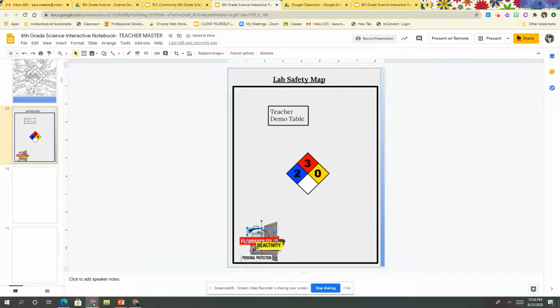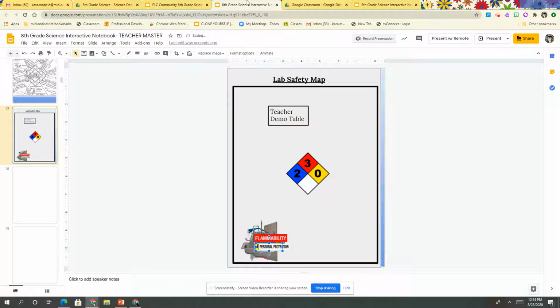Okay, so now all you do is put these things where they go. And the safety sign, the safety diamond, whatever it's called, the safety label. I know some of you probably don't go over that. I do, but it's color coordinated. So even if you don't go over it, you can still have the kids do it. If you really just don't want it on there,